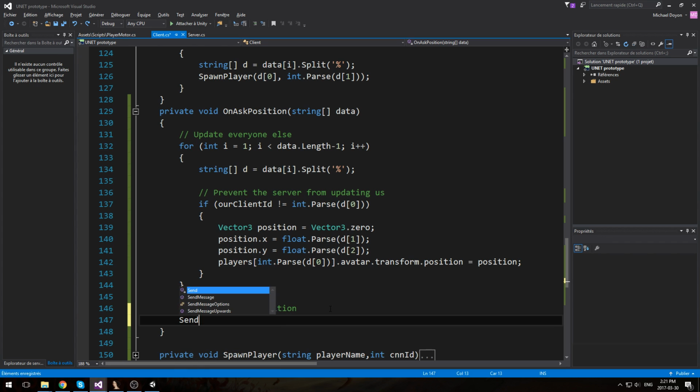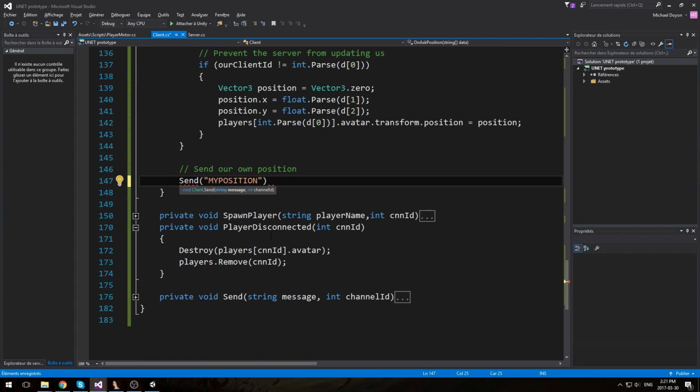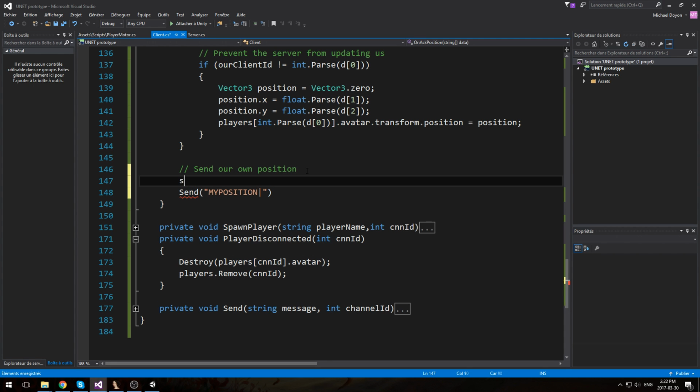So we're going to say send. Our message is my position, something like that, why not? And we are going to include our position x and our position y. So string m is equal to my position. Then